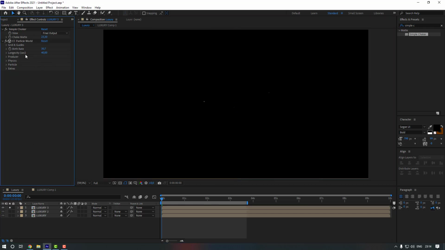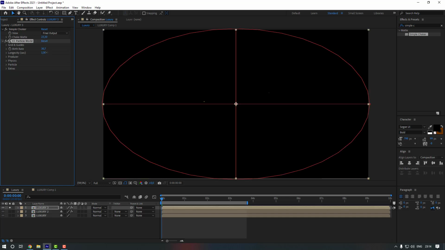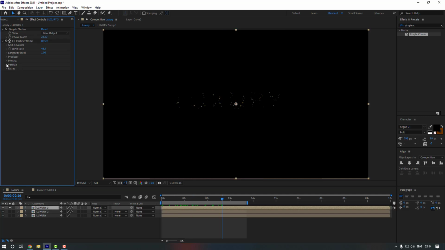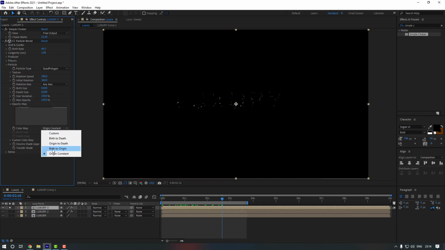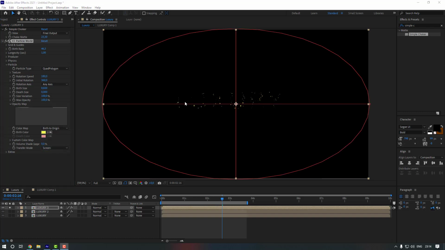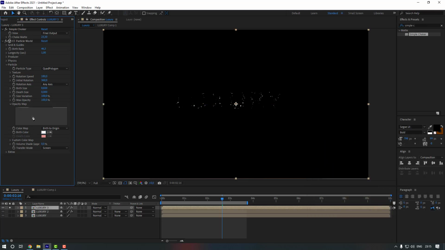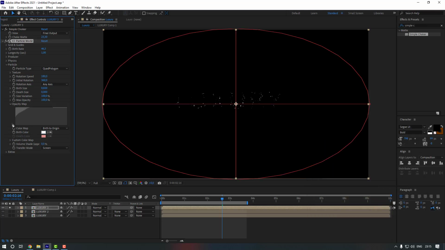Also let's change this and let's make it 1 second. Okay, nice. Maybe let's change it like this so it will be more visible. And then let's open this particle and let's change the origin constant to burst to origin. And if we want to change our shining color, we can do it from there. For example, we can use white or maybe dark yellow or anything you want. So I'm gonna use white and click OK. And let's change this like this, so it will be more